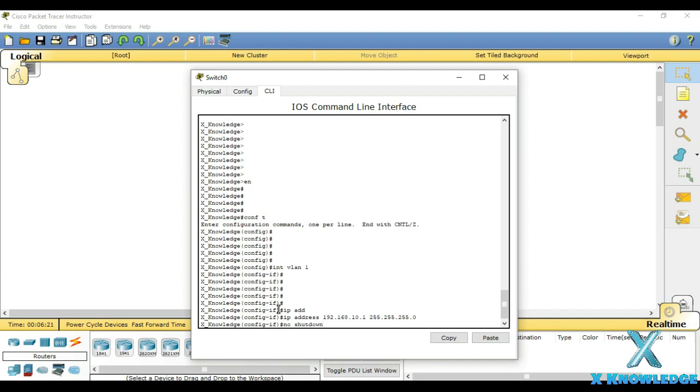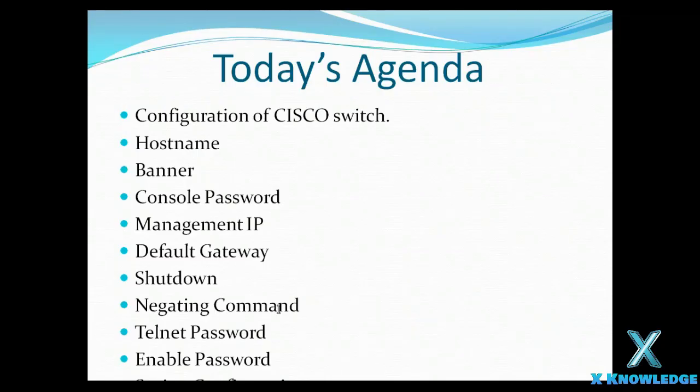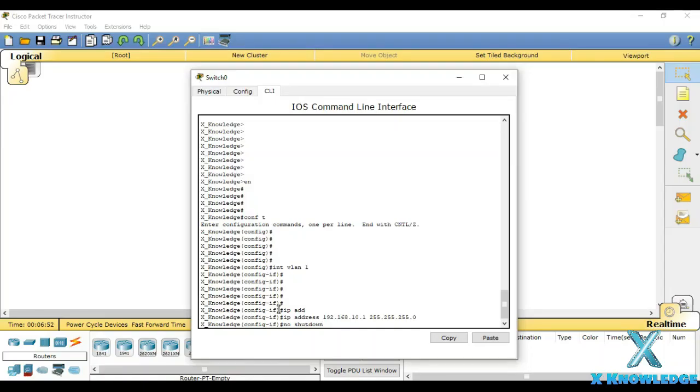Basically, I was supposed to discuss this negating command, shutdown, so I will be discussing it right now in that management IP only. No shutdown basically means, shutdown stands for turning off some sort of thing, but no shutdown in the command line interface means that you are turning on something.